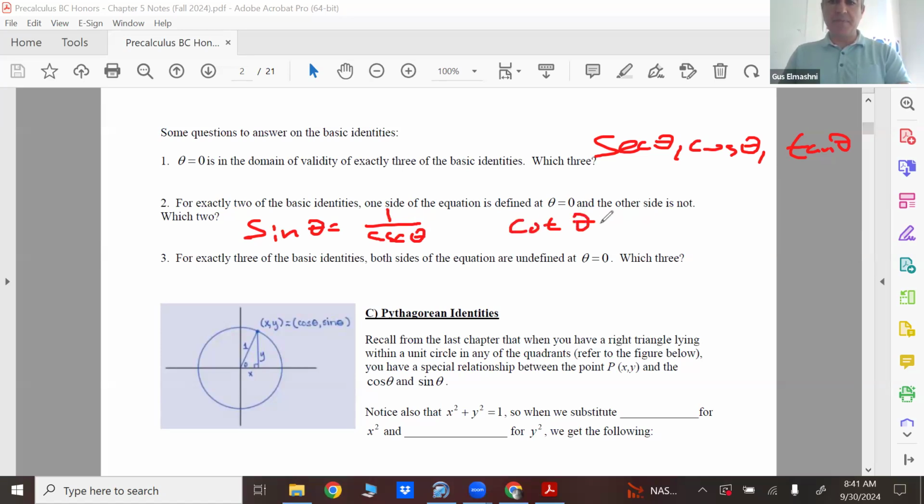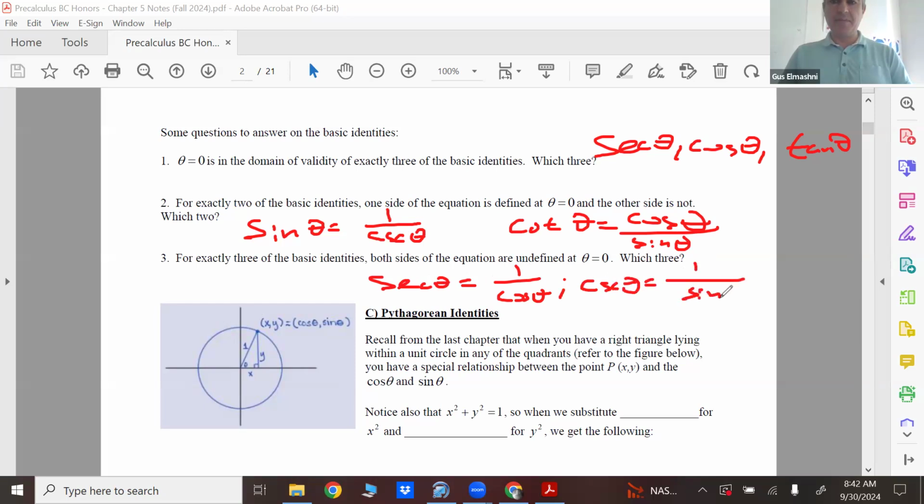My apologies. And then for exactly three of them, both are undefined. And that would be secant theta. That would be cosecant theta. And that would be